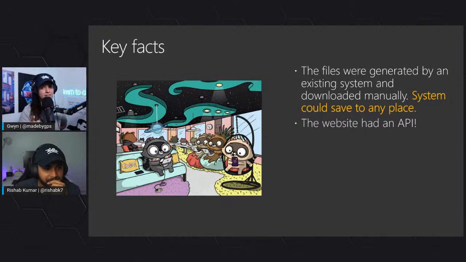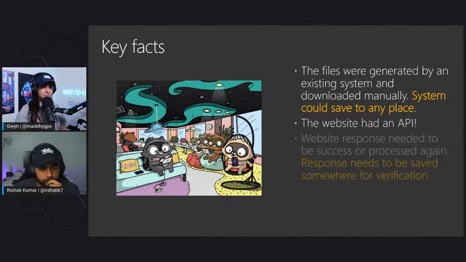The way that I found out that this website had an API, and again, we're thinking energy industry, was kind of frustrating, because I had to email their support team and wait, I don't know, a week to get a response back. And they emailed me back a 60-page PDF that, to be fair, had everything, but I had to literally go through the entire thing to find, okay, you need to have this type of information in the headers. You need to submit this type of information. Here's the URL, responses to expect, and all that kind of stuff. So key fact here, the website had an API.